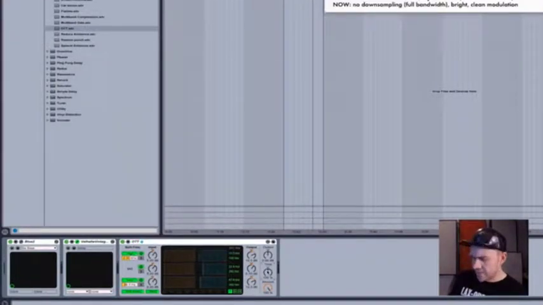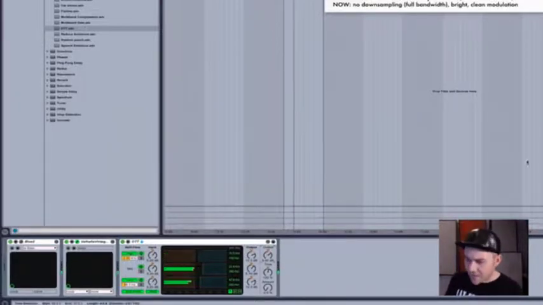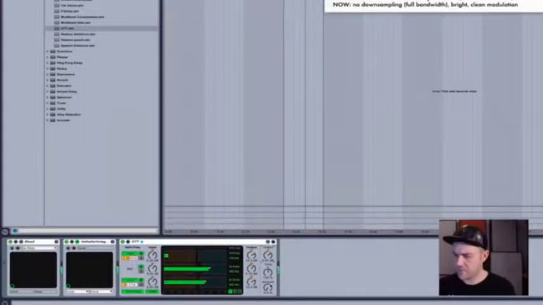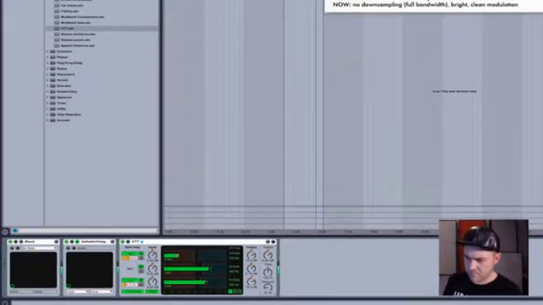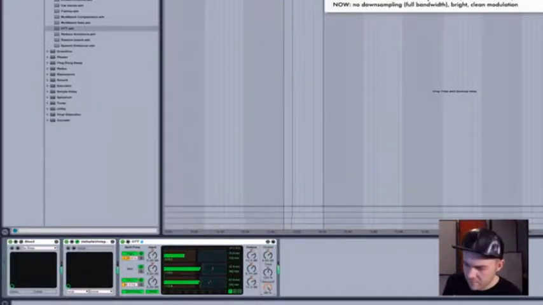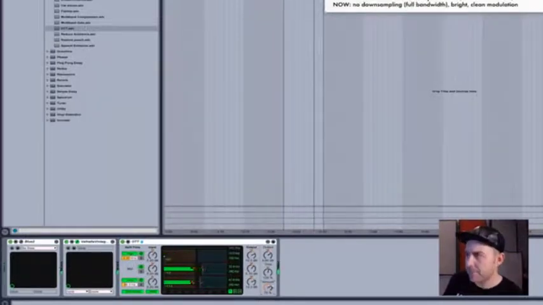I'm going to add a little bit of attack to it. We're going to take the amount off. We're going to have to push the volume because for some reason it always comes out really quiet. And then we're just going to gradually turn the amount up. But you can hear it's really aggressive. It enhances everything, but